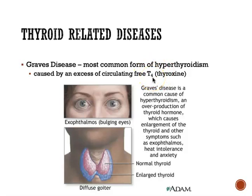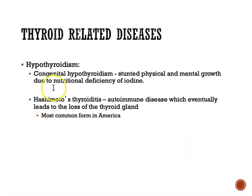Okay. And you can see one of the classic indications of that is these eyes that are somewhat bulging out of the eye sockets. A lot of times there's a heat intolerance and also an anxiety that goes along with that as far as behavioral kinds of symptoms of Graves' disease. As far as